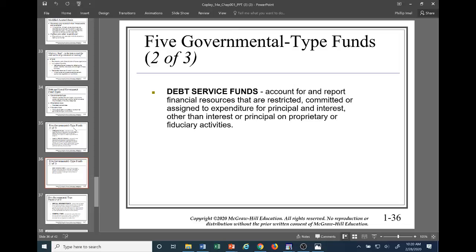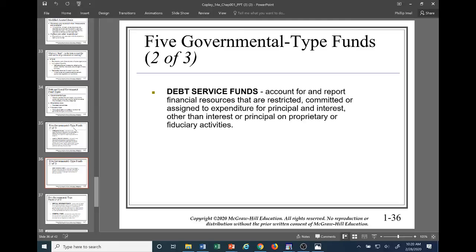Immediately. When, because debt usually has a time when it's due, right? So just when payments are due, because remember there's going to be installment payments. So the expenditures are recognized when due, which makes sense, right? That's the exception in the modified accrual for when expenditures are recognized. So expenditures are recognized when the liability is incurred or when due in the debt service fund because of the